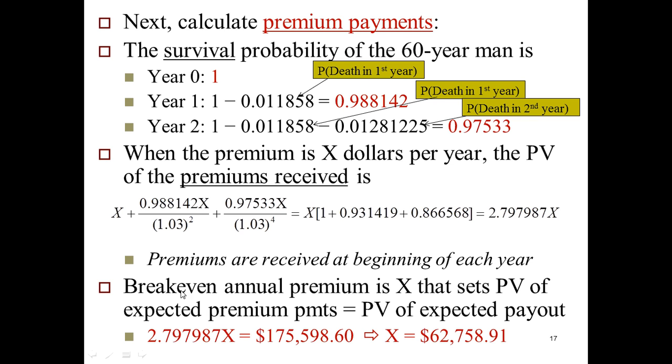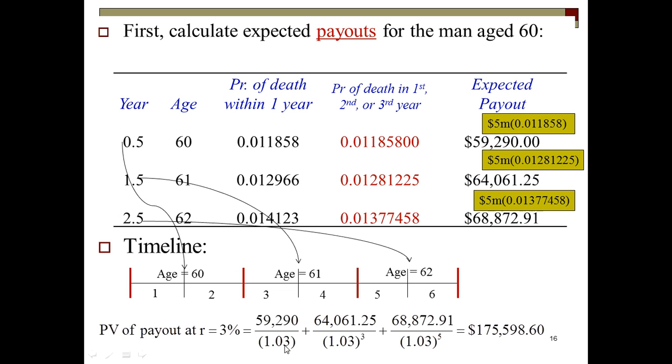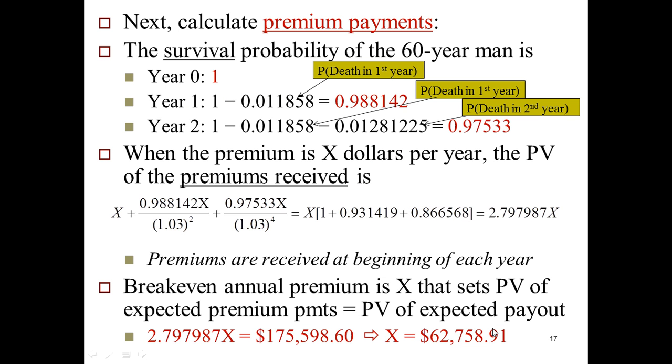Now then, the break-even annual premium is X. It is the value X, that premium that will be paid, that'll set the present value of the expected premiums equal to the present value of the expected payout. So we're going to take this and set it equal to this expected payout we calculated earlier on right here. All right, and solving, that comes out to be